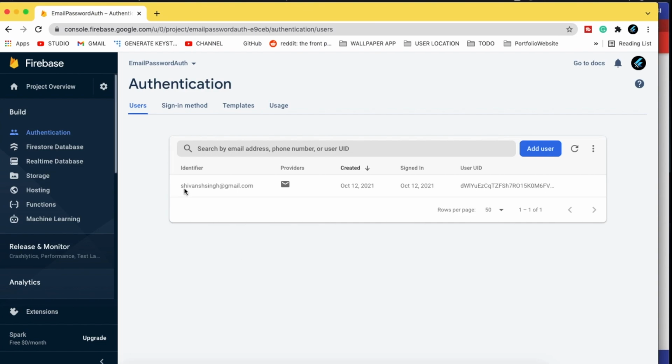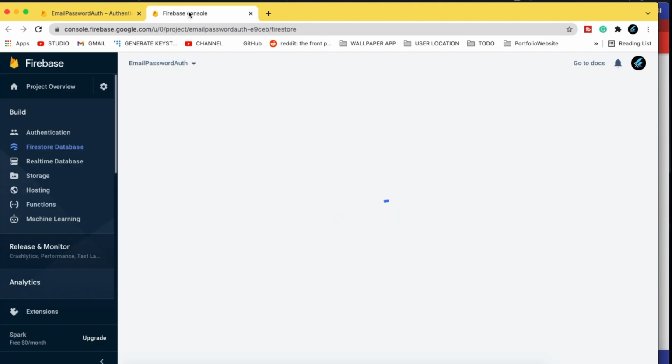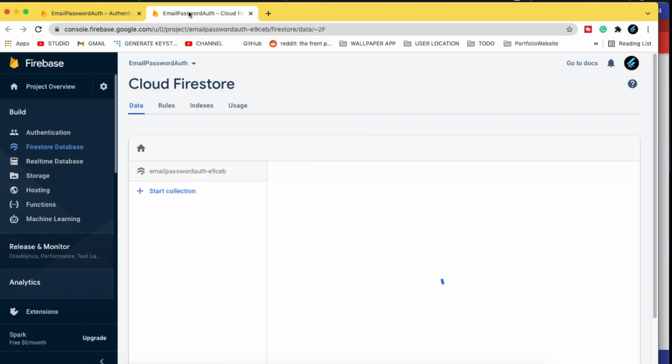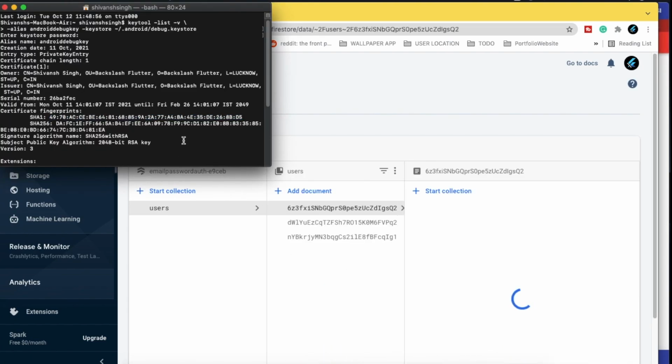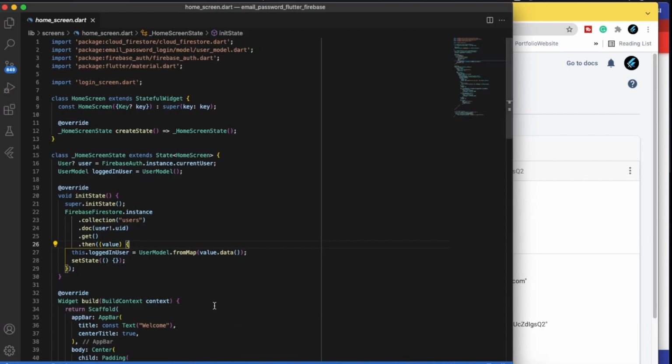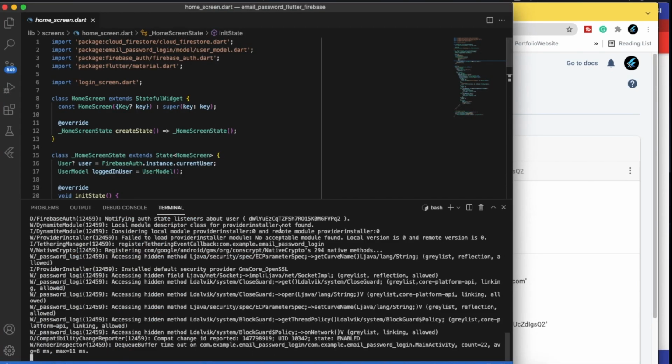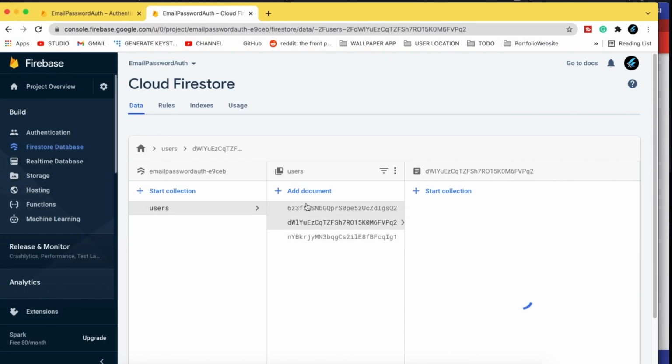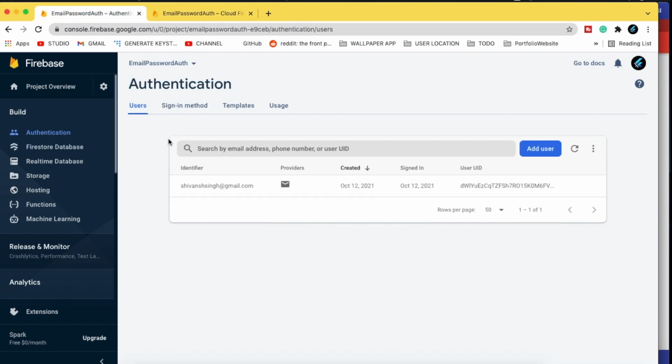And here in our authentication you will see we have this user, and in our email and password video you have seen we are also adding that data to our Cloud Firestore. So let me open up my Cloud Firestore and show you that we also have this data added to our database. Let me close my terminal because we don't need it. And here you will see we have the user ID for this account, and this is the data. And here we have our name, email and password. Now for this tutorial we will be adding the images to our Firebase Storage. So let me open my Firebase Storage.